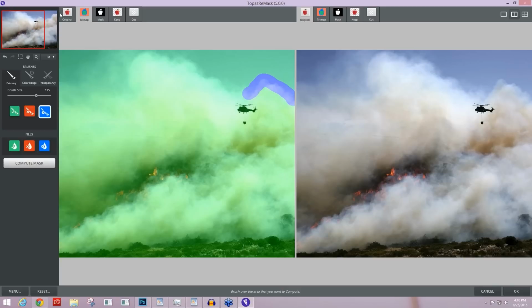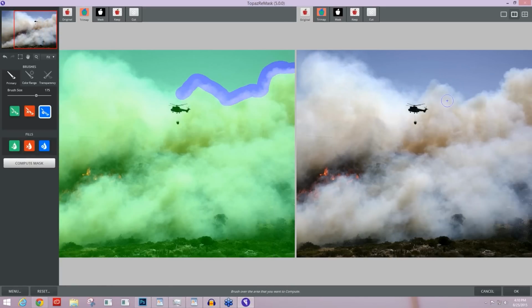Let's come over here to the right, just to make sure that I am covering all of that smoky area, all that area that I want it to remove that background of blue, but keep the smoke, make sure that whole thing is covered. And so I'm actually going to paint on the original image as opposed to the tri-map area, just since I see it a little bit better, just making sure that all that smoke has